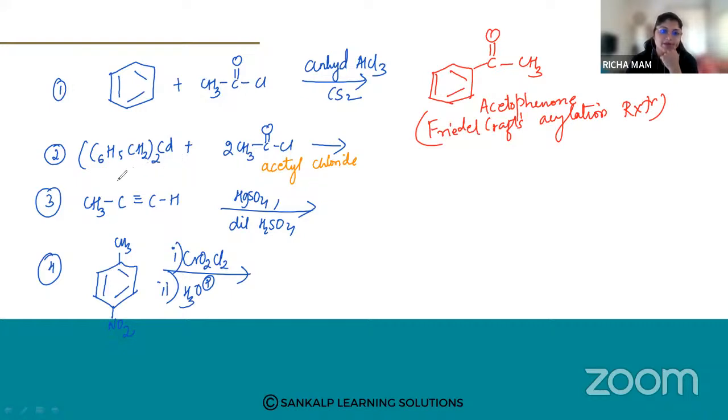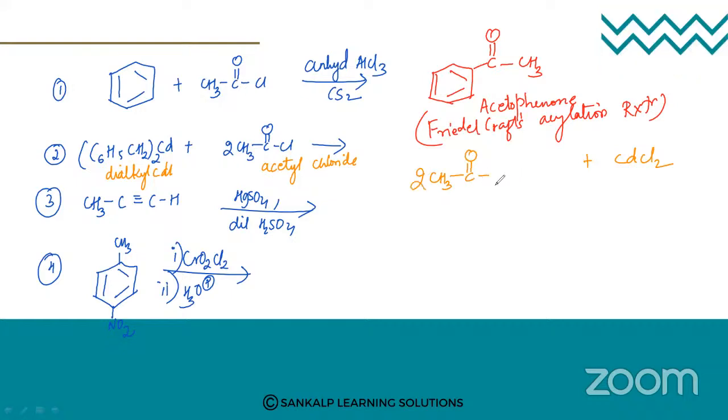Dialkyl cadmium, right? You have an alkyl group and a cadmium group. So what is it undergoing? I'll write it as dialkyl cadmium, generally. So what am I going to get? The side product will be CdCl2, right? And I'm going to get CH3, C double bond O, single bond,